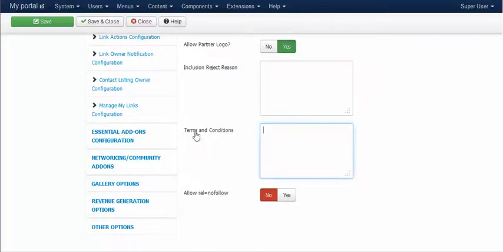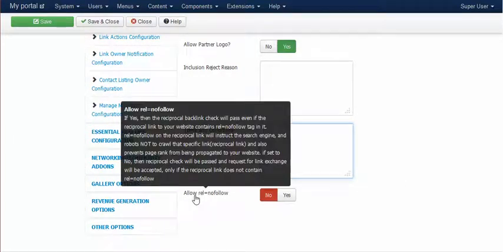Now, if you fill in the terms and conditions box, then at the time of submission, your partner would be forced to agree to the link exchange terms and conditions. Now, the most important is allow rel equal to nofollow, which has a significant impact on search engine optimization. It's entirely up to you to decide if you would actually want to allow rel equal to nofollow on the link that your partner is pointing to you.